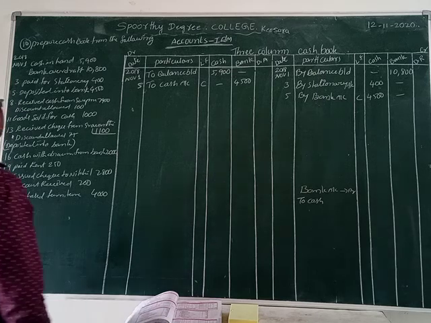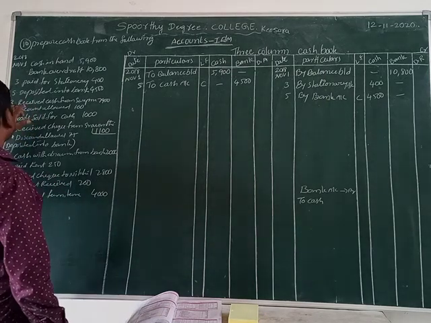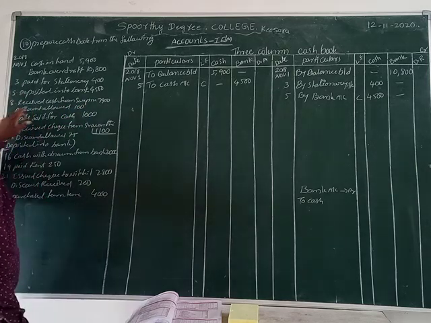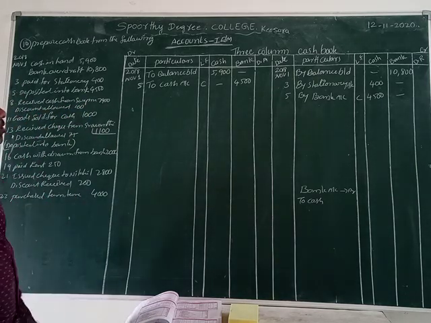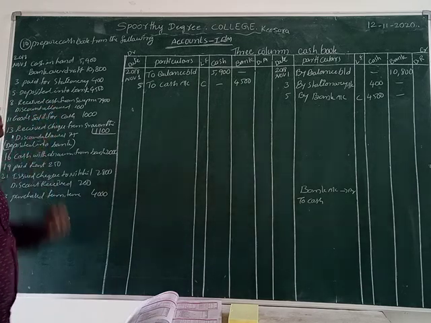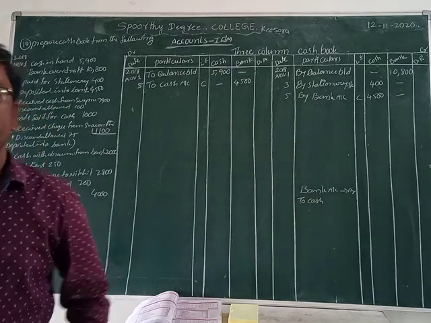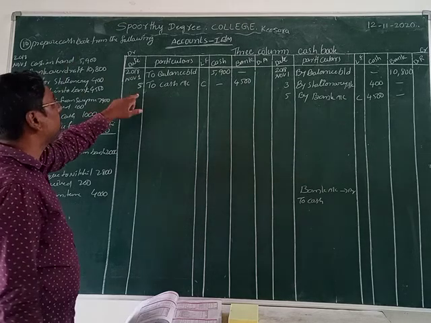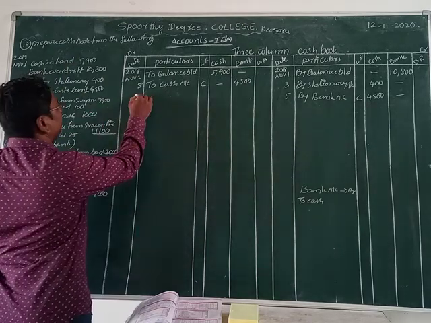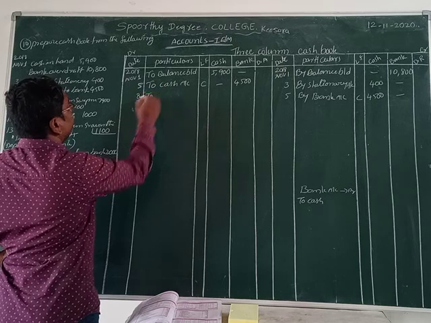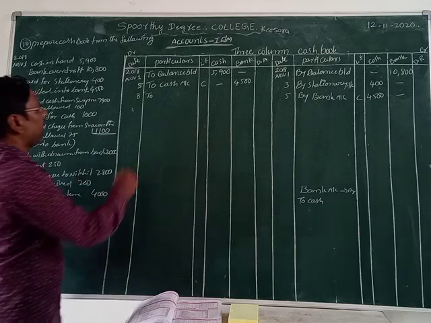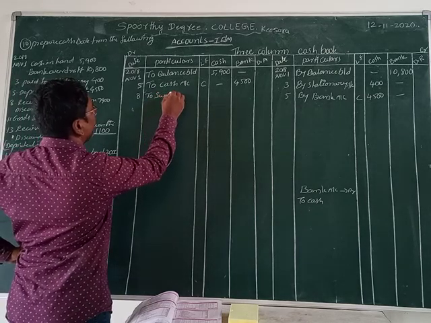It's clear now. Now we are going to the 8th date. Received cash from Swapna 7,900. Discount allowed 100 rupees is there. Okay na? Received cheque from Swapna. Who is the giver here? Swapna is a giver. So what comes into the business? Cash comes into the business. So then we record it on which side? Debit side. What is the date that? 8th date. How do we record that? Swapna account. Why? Because Swapna is a giver. Let us write down Swapna account.